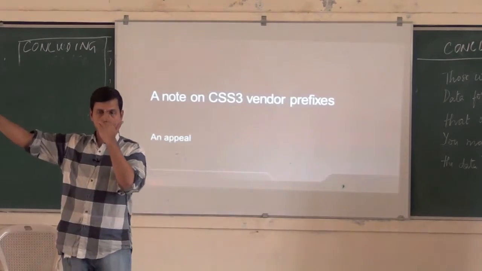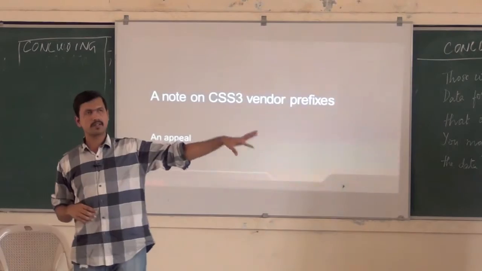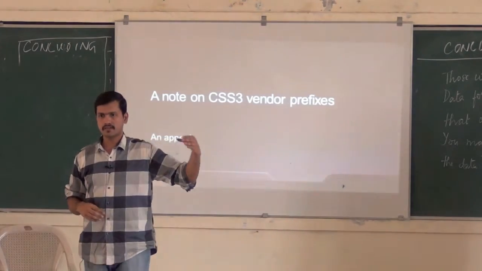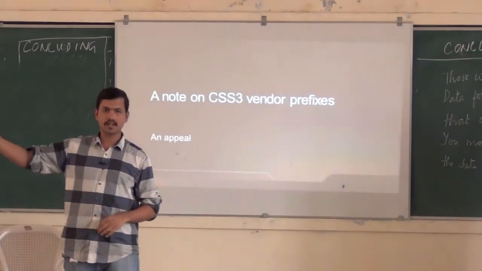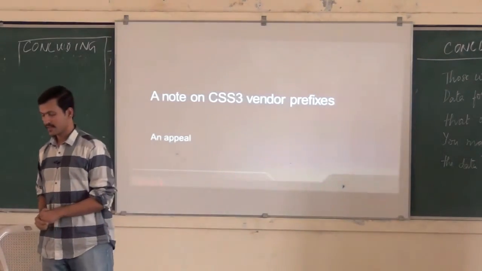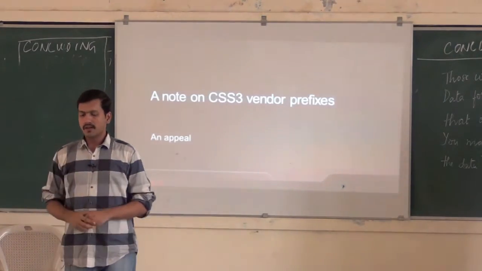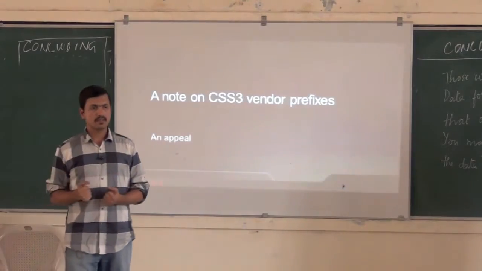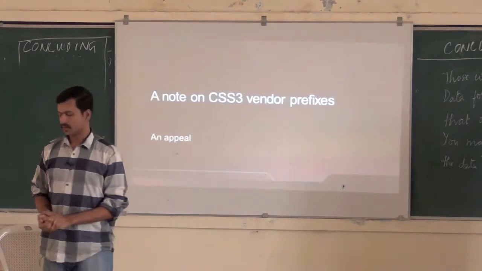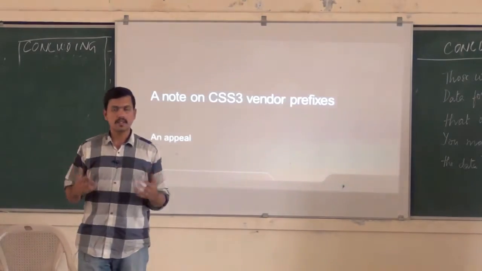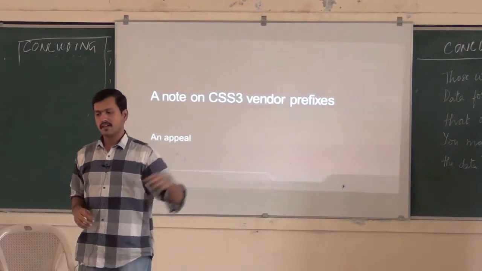W3C has this whole sequence of states that specifications have to traverse through, right? I think it's first a first public working draft, then it becomes a working draft, and then it becomes a candidate recommendation, proposed recommendation. So basically, this whole process flows there, and it typically takes on the order of years to transition through these states. While this is happening, the W3C committee wants feedback, like real-world implementation feedback. So how they get that is browser vendors implement these things in their production retail browsers.